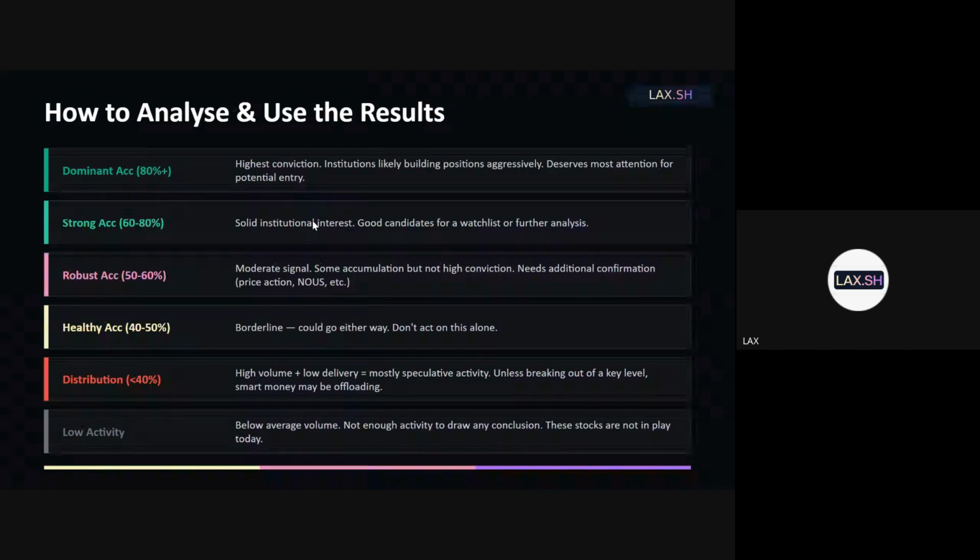If there is high volume and low delivery, possibly it is distribution, but you have to look at a few more things. If it is a breakout of a well-defined resistance, then even though other conditions are fulfilled and delivery is less than 40%, it will still not be distribution. That is caveat number one. Caveat number two, you also have to look at the number of trades. If the number of trades has risen a lot, but overall delivery is going down and volumes are high, it means retail is buying and institutions are offloading. So these two things you have to remember in distribution.